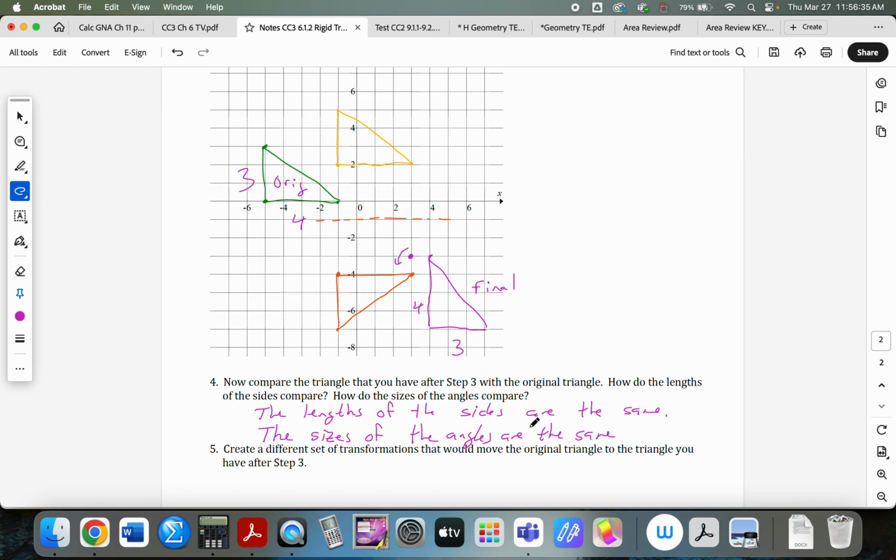So again, check with someone, make sure that yours is good. I don't want you to be embarrassed if I call on you and it's wrong. I rotate the triangle 90 degrees clockwise and translate 5 degrees to negative 5. So you see the possible